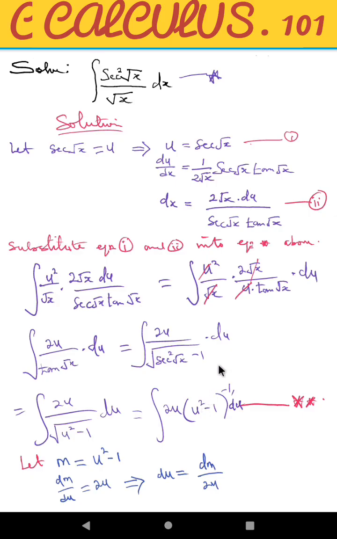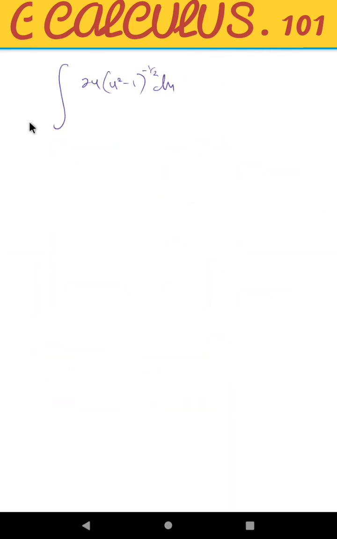Is that okay? So let me rewrite that. Remember that we have the integral of, we're going to put equation 3 into equation star star above, and so that gives us